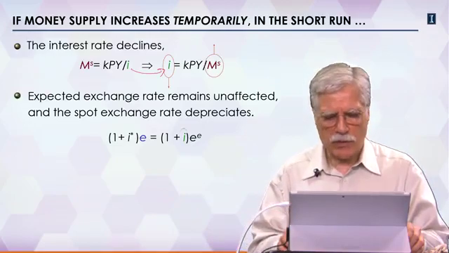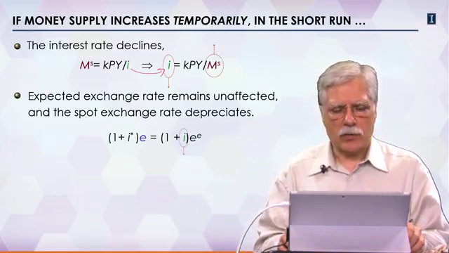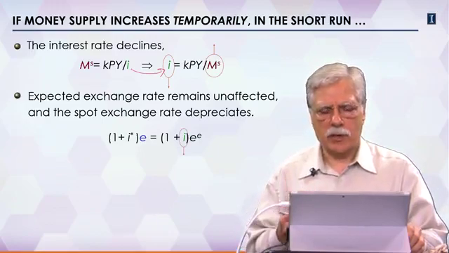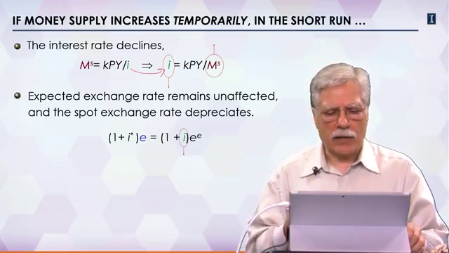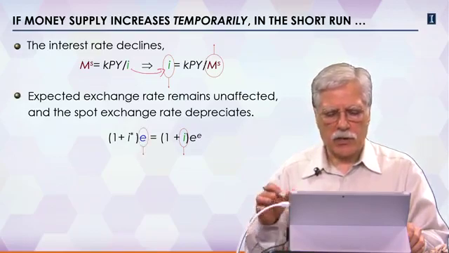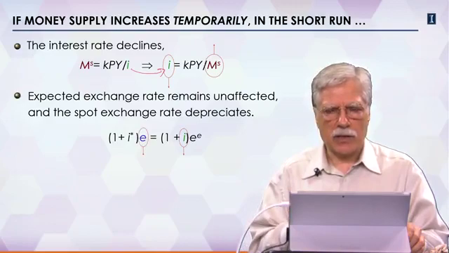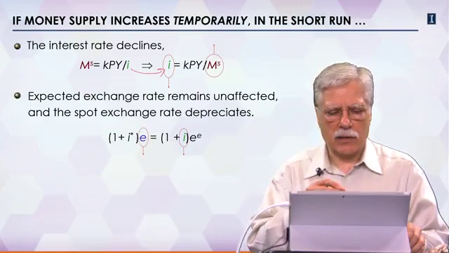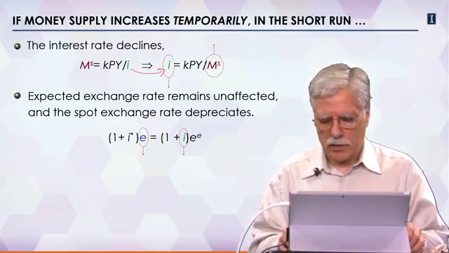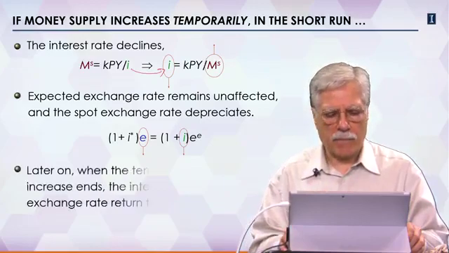Now, in this situation, if domestic interest rates go down, you get less for your domestic currency if you keep it in domestic currency, and therefore, if the expected exchange rate does not change, the only thing that can happen here is that the